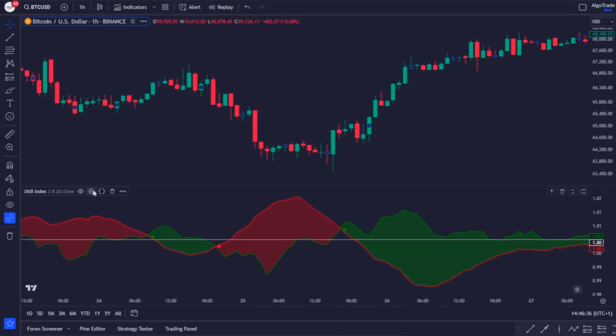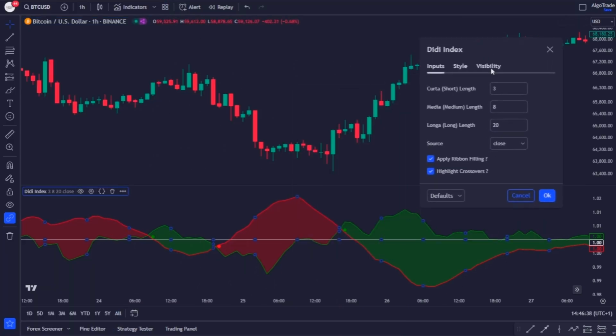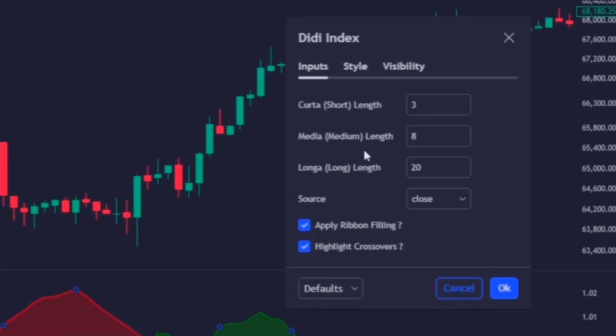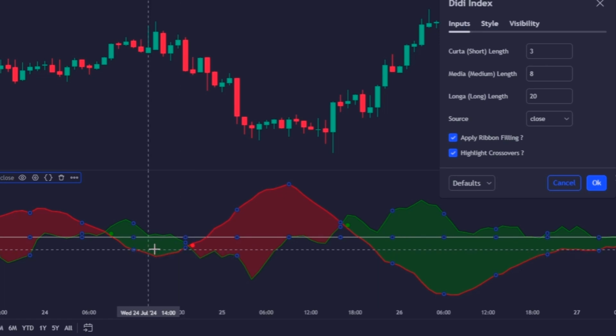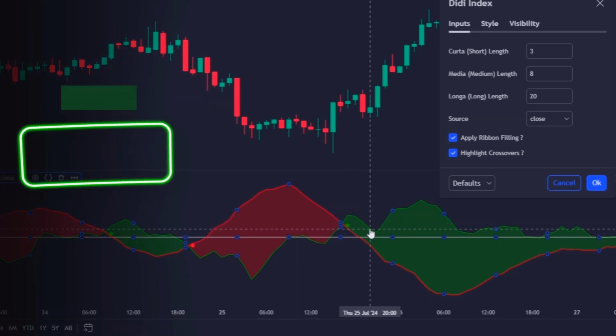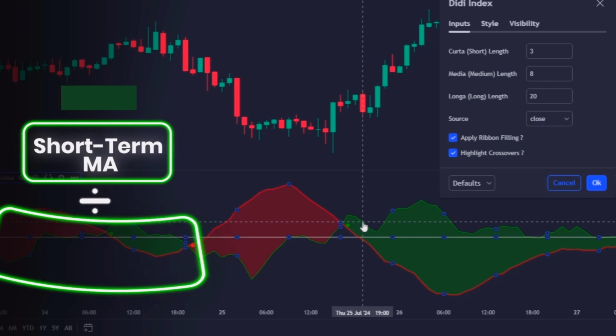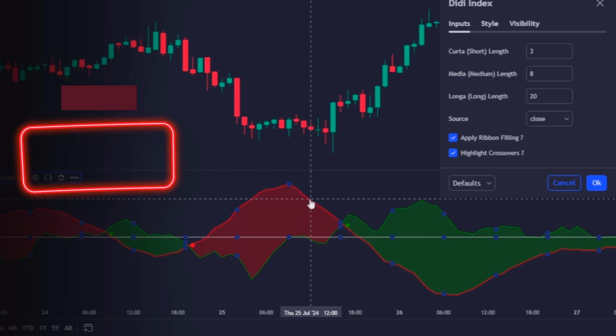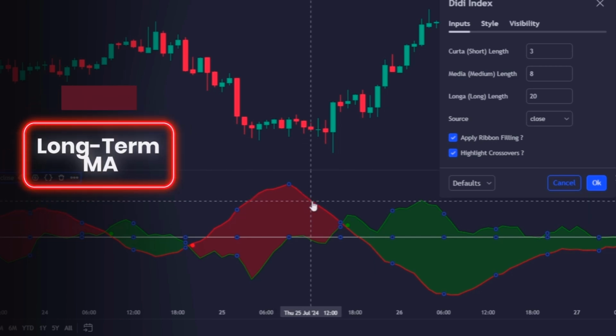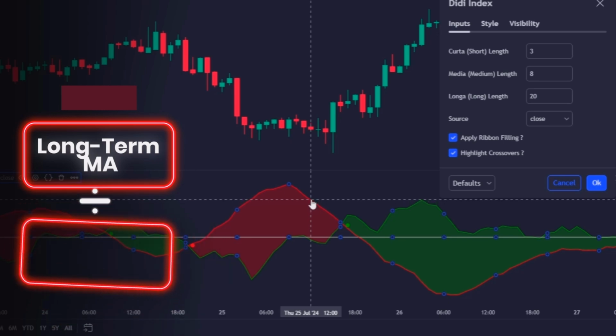This indicator is made of 3 moving averages with different lengths, a short term, a medium one and a long term, and displays 2 lines on a histogram. A green one, which is calculated by dividing the short-term moving average by the medium one, and then a red line, which, likewise, is calculated by dividing the long-term moving average by the medium one, and it is very